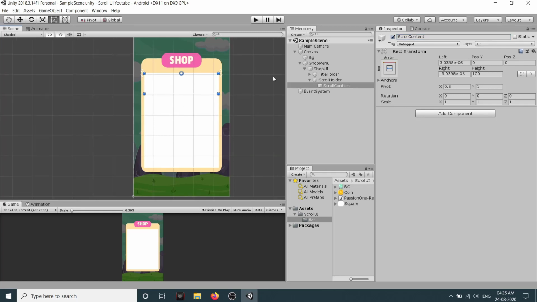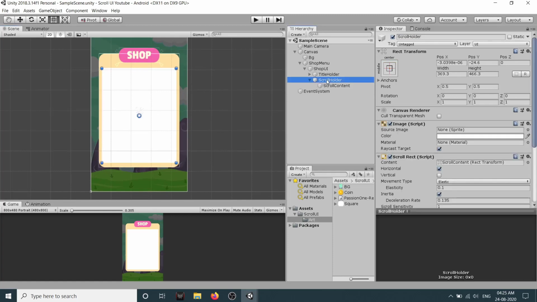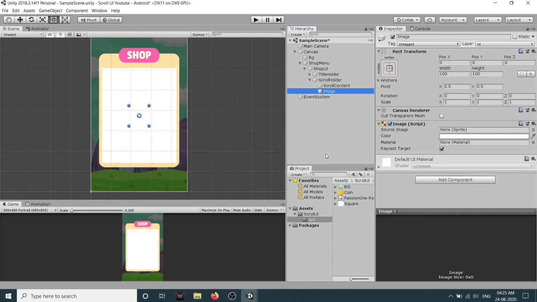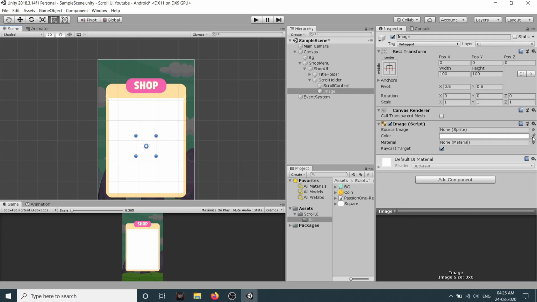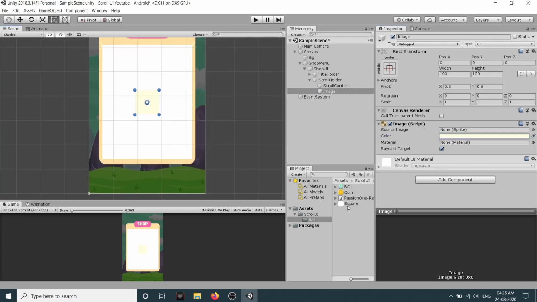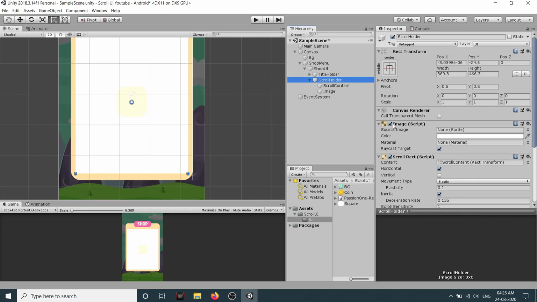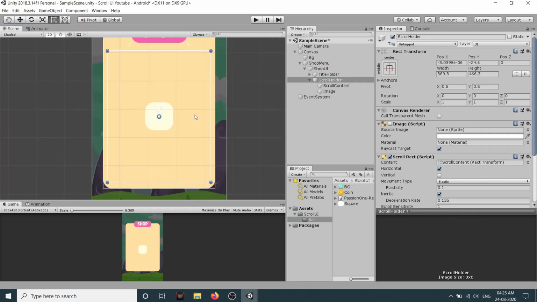Now we need to add some elements here, so I will just select the scroll holder and create a new image, and for the color I will select this option here, and I will drag our square image to source image. So let's deactivate our image for some time being.